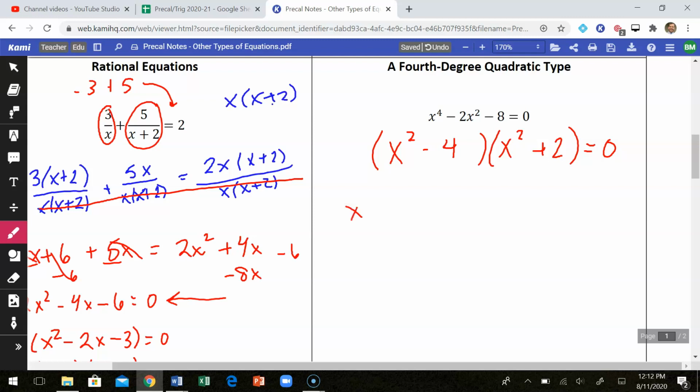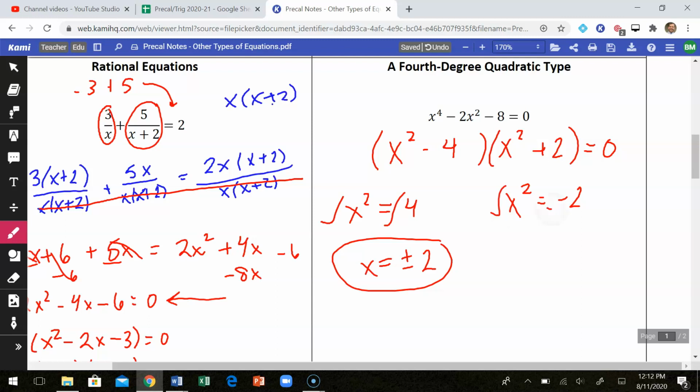You could, at that point in time, set them equal to 0. So I would get x squared minus 4 equals 0. So x squared equals 4, and x squared equals negative 2. And then here, if you square root, I'm going to get x equals positive and negative 2. And here, if I square root,